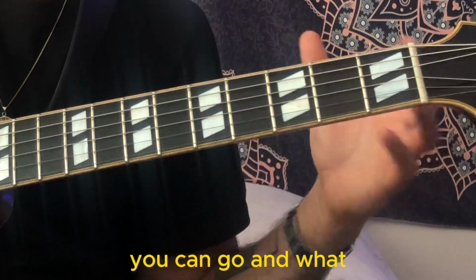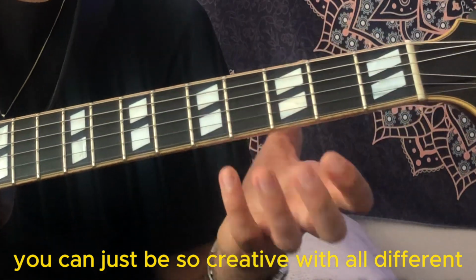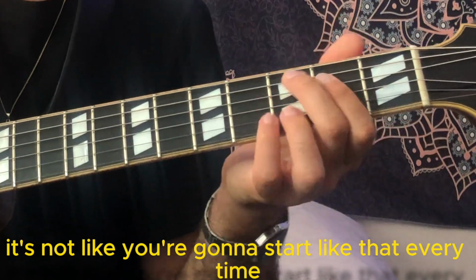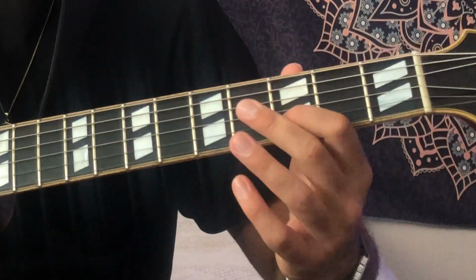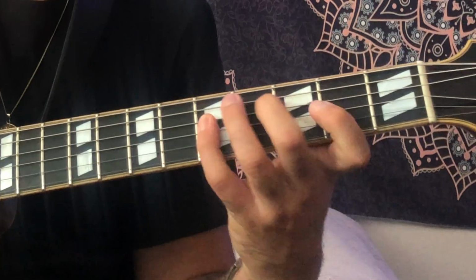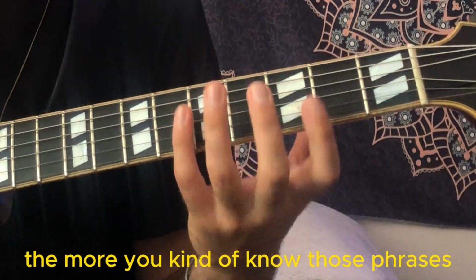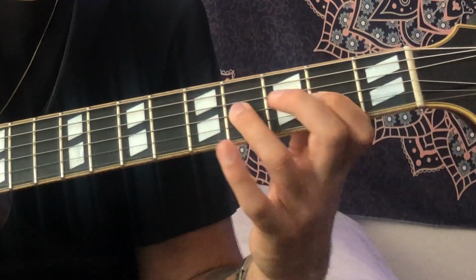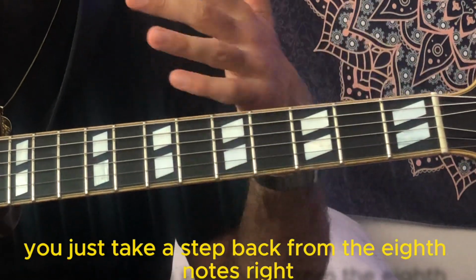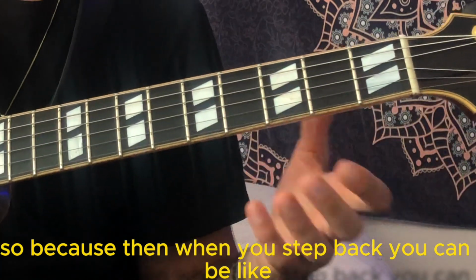You can go, and what's funny with this is you can just be so creative with all different lines now. You don't have to start. It's not like you're gonna start like that every time. Sometimes you just want to be like. So you know what I'm saying? The more you kind of know those phrases. It's good to have those 8th notes, but then you just take a step back from the 8th notes, right? So that's the reason for this, right? So because then when you step back, you can be like,